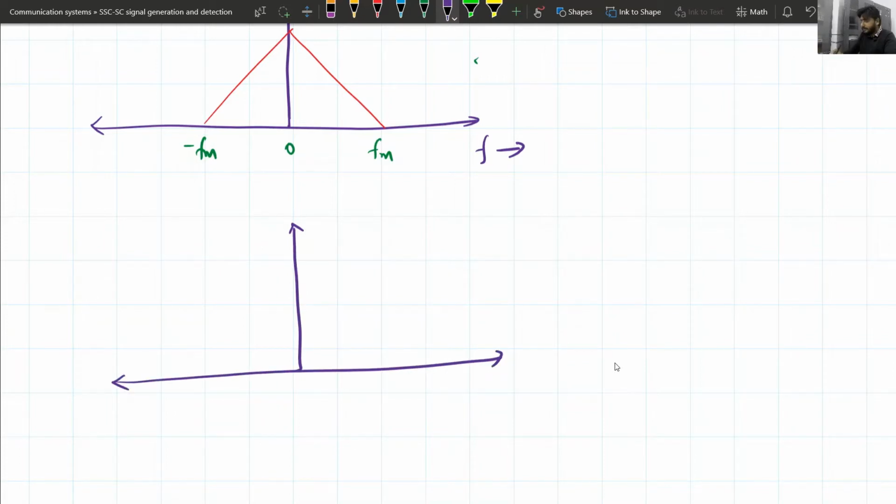Similarly, we had derived the frequency domain representation of m hat(t) signal, which we had seen was the Hilbert transform of the message signal, given as, in frequency domain, it will be simply M(f) multiplied by minus j sign of f, and the signal